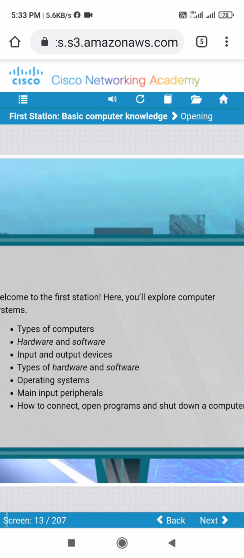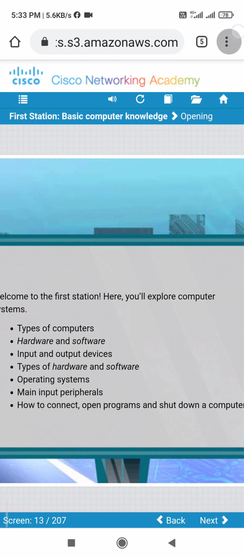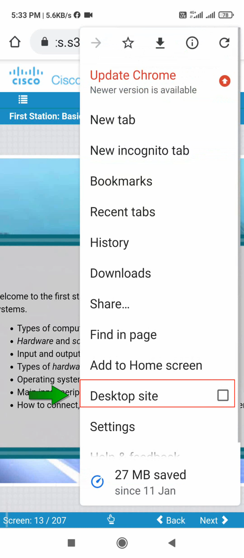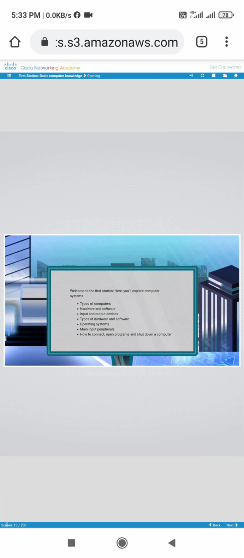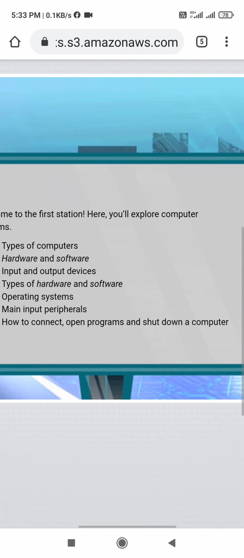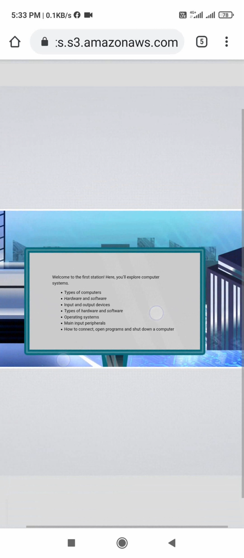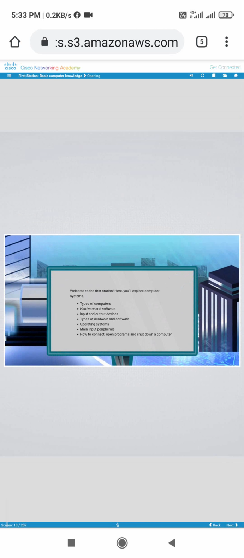You can see again I need to create a desktop view, so I can easily view the PPT. So here the PPT is available. Now here the next and previous slide option is available. I can move my slide, I can zoom in, and this way I can learn the course. I can learn every module one by one, and as I complete the module I can go to the quiz and then I can attempt the quiz.